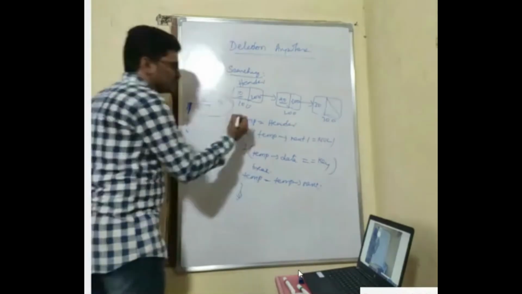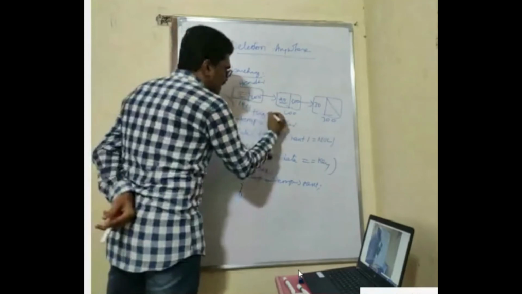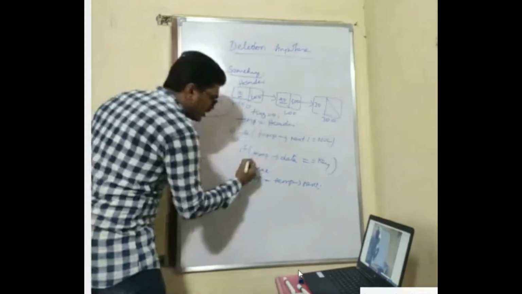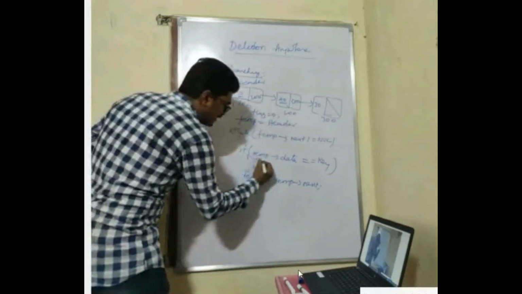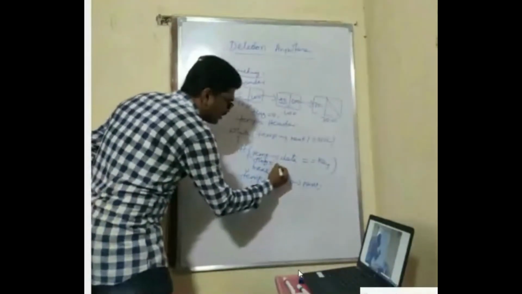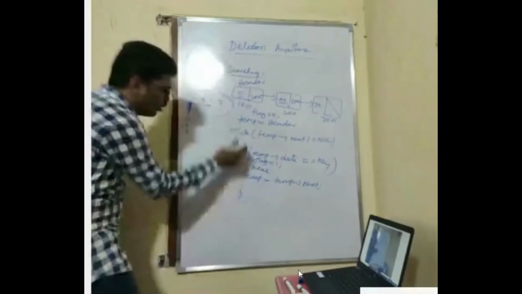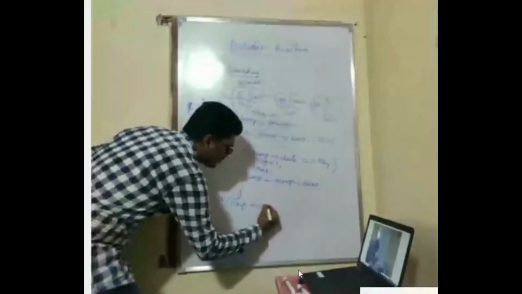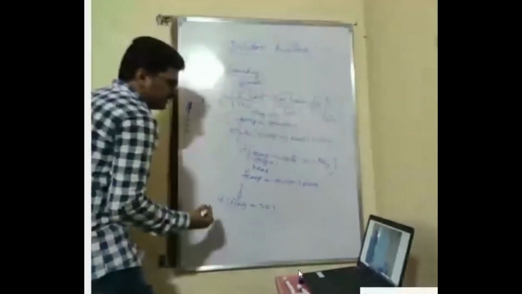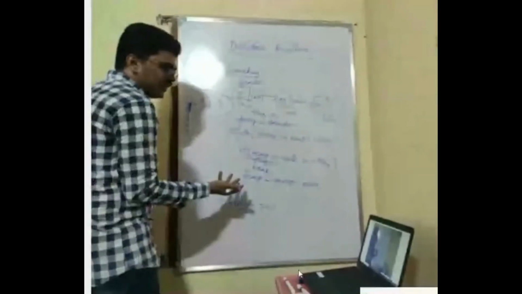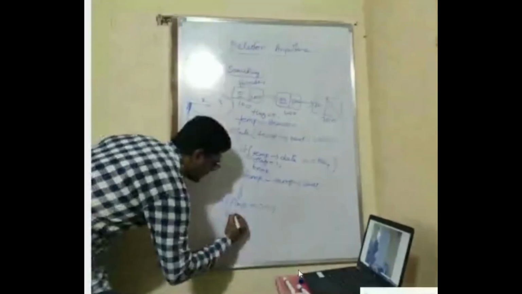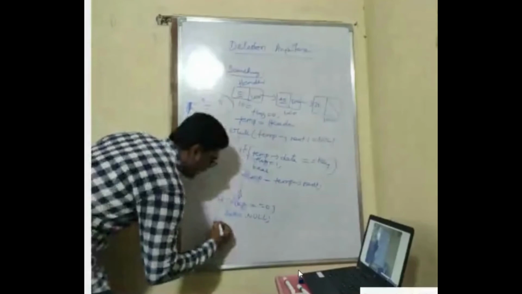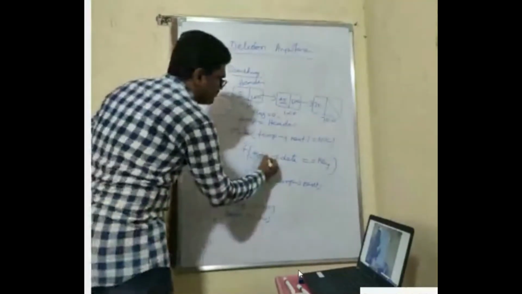For that, we use one temporary variable called flag, or whatever you take. I take the initial value as 0, and whenever I get the element, I make it 1. Whatever value you want, you can take. After finishing the whole loop, if flag is equal to 0, that means I did not get the element. The element is not there, so I return null. If that is not the case, I'll return temp.